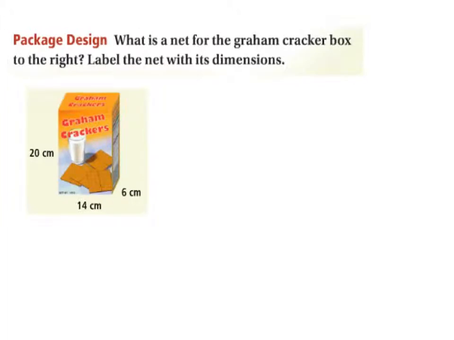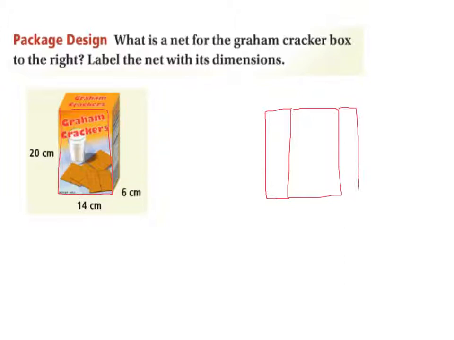It says, what is the net for the graham cracker box? So I'm going to take this one step at a time. First, I'm going to draw out the section for the front of the graham cracker box. That'd be right here. Now, both on the left-hand side and the right-hand side, there would be a smaller spot where I would have the sides of the box. So now I have my sides of the box and my front. And I also need to have the back side of my box. I only need one back side. What I'm missing, though, is the top